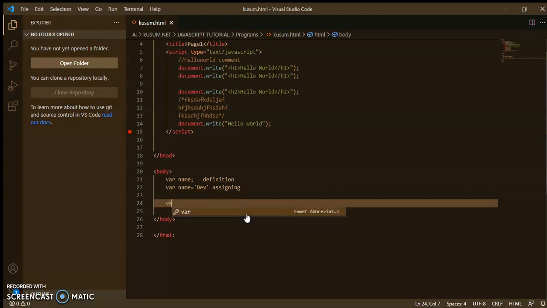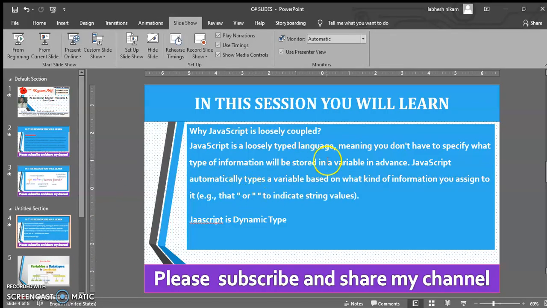Now you can write like this: name equal to 5. Here I have not used an integer data type. Without using any data type I have created this value for this variable. So in JavaScript there is no need of a data type, so it is called a loosely typed language.